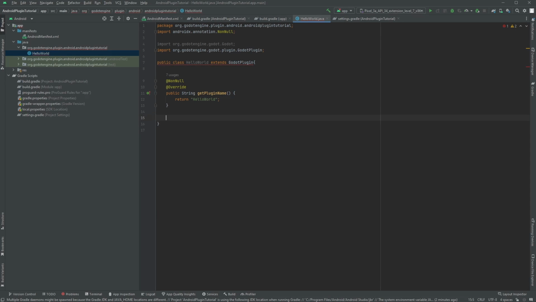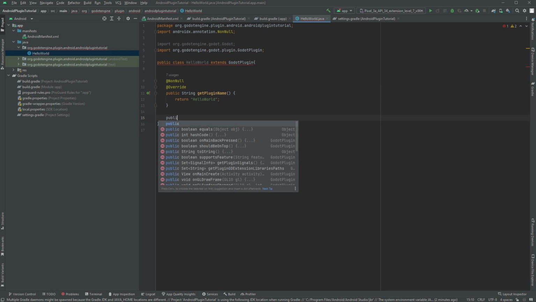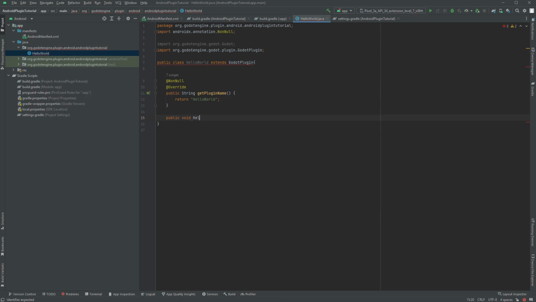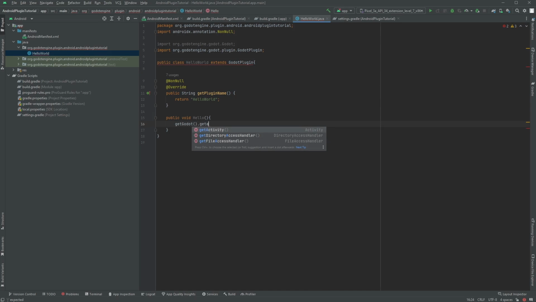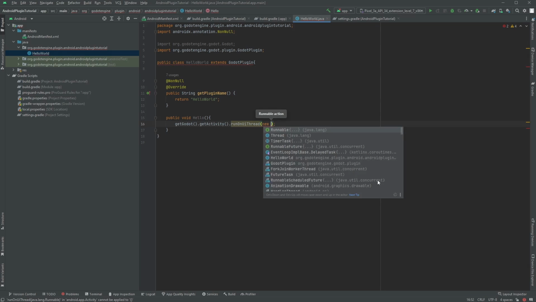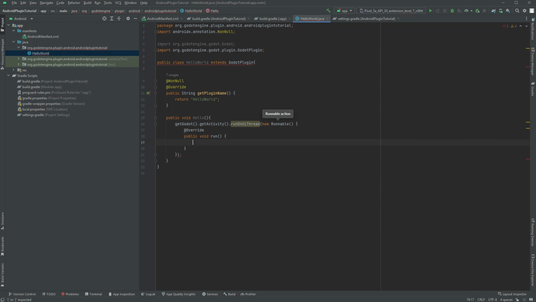If we want to make a function, and in this case, we're going to make a hello world function, what we have to do is we have to make the function. So public void hello, right? The name of the function. Then all we have to do is write our code, right? So what I want to do is I want to make it so it does a modal pop-up, like a little toast message. So I'll say getGodot().getActivity().runOnUiThread(new Runnable, like that,